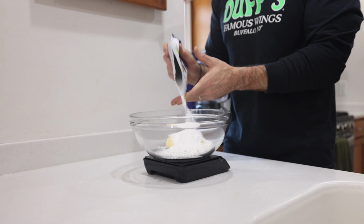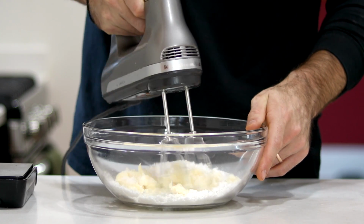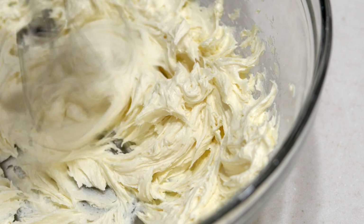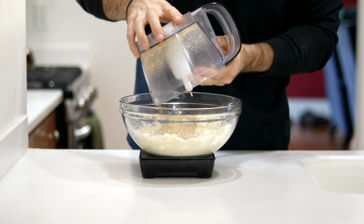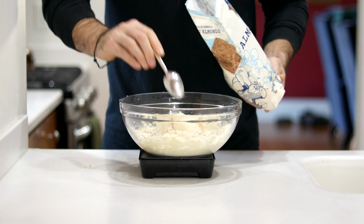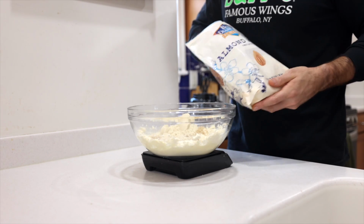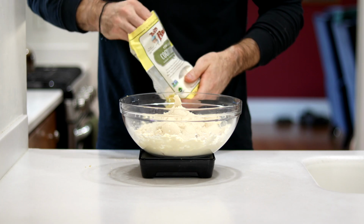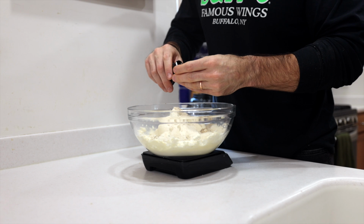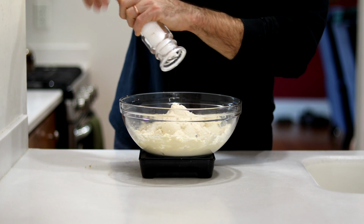So once we've added that to our bowl, we're gonna get out our hand mixer and cream the butter and swerve together. That said, once we've got something that looks like this going on in our bowl, we're gonna add the walnuts we prepped from earlier to it, along with the rest of our ingredients. So we're gonna add 1.5 cups or 160 grams of some blanched almond flour to the bowl, along with a tablespoon or 7 grams of coconut flour, a heaping teaspoon or 5 grams of vanilla extract, and a pinch of